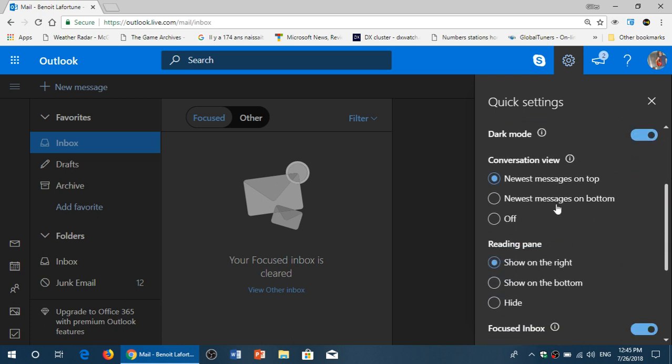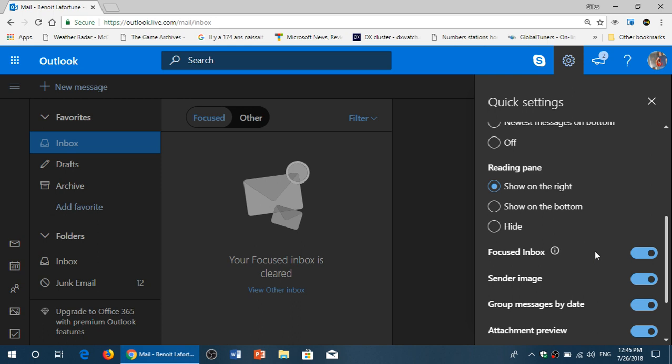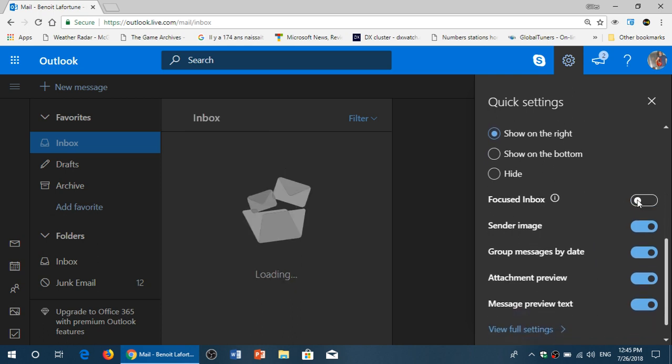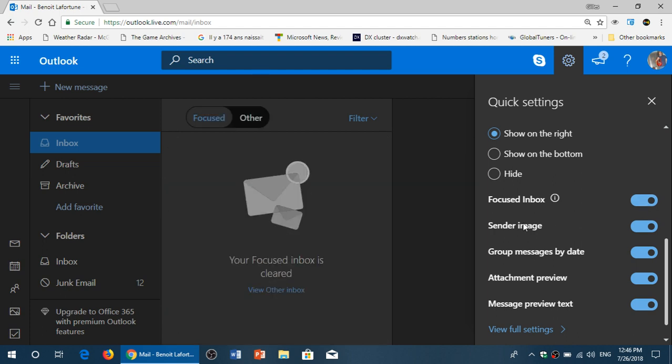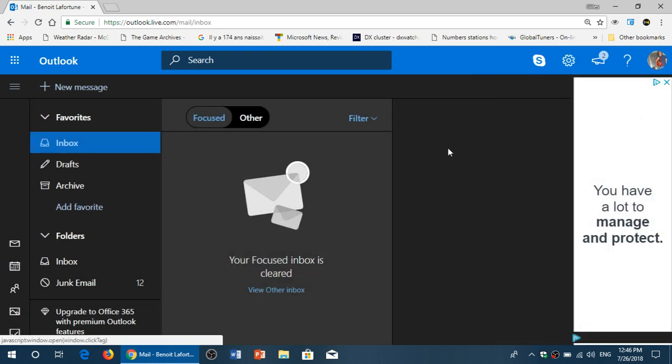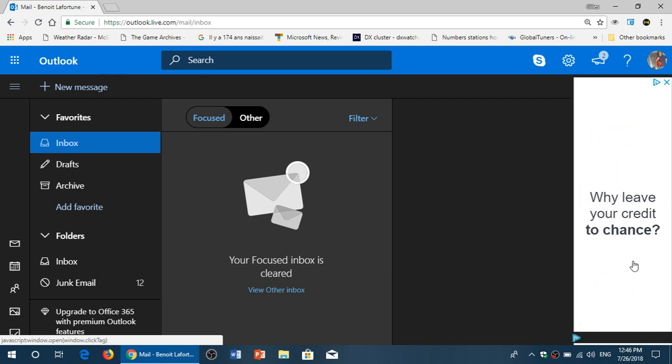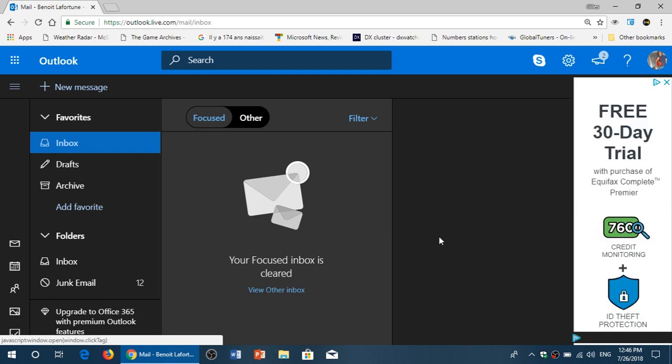You have also the different options of newest messages on top, reading pane. Do you want to have the focused inbox or not? You can actually turn that off and say, no, I don't want to have the focused inbox. So it depends on what you like and your settings. So dark theme is now part of Outlook, and it's kind of cool. And remember, you see here, there's ads. If you don't want these, you can actually subscribe to Outlook, and by subscribing, the ads will be